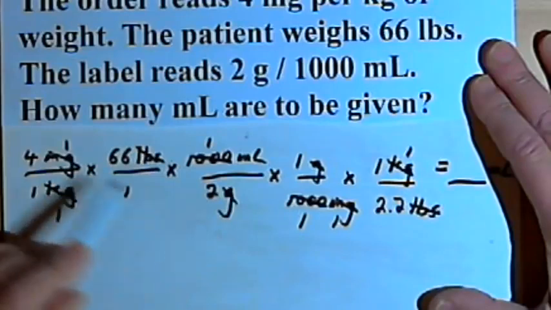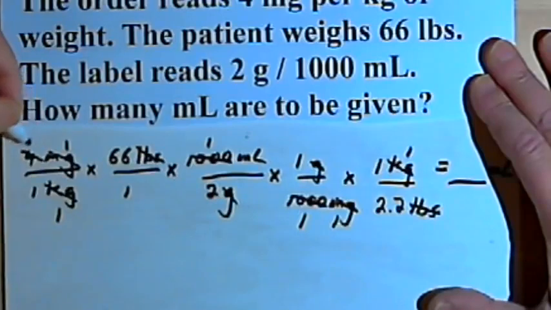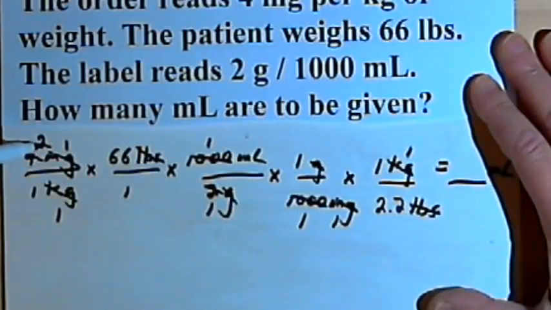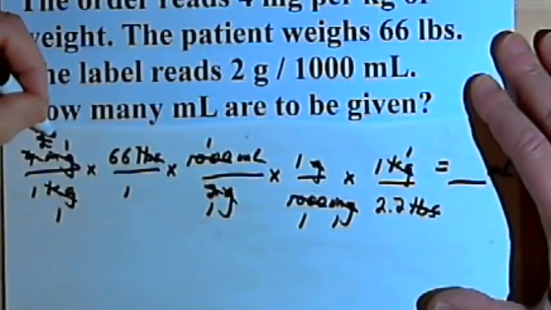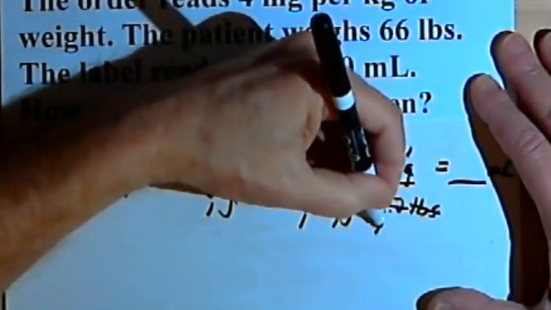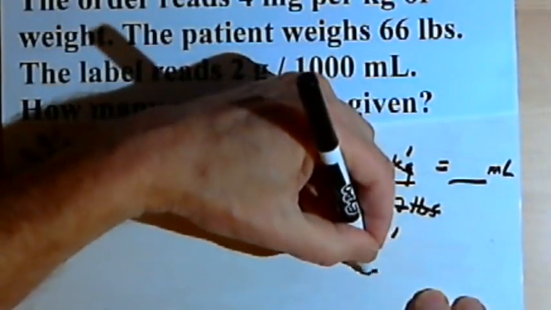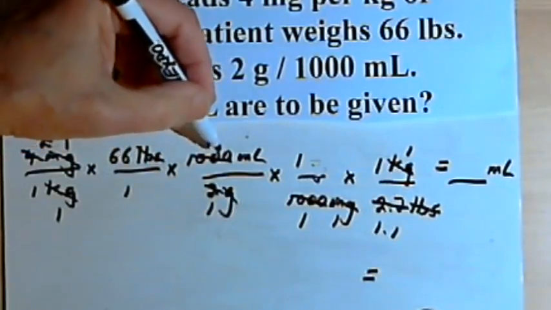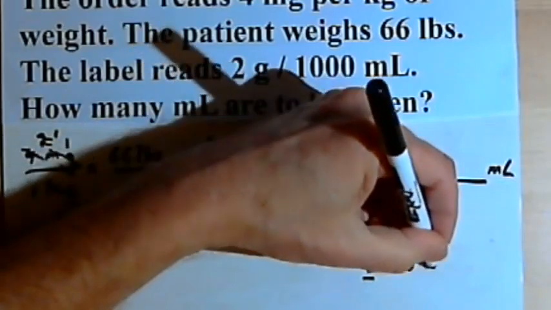I've got 4 in the numerator and 2 in the denominator. Let's divide both of those by 2. So the 4 will become a 2. The 2 just becomes a 1. I've got this 2 in the numerator and 2.2 in the denominator. I can divide both of those by 2. So the 2.2 divided by 2 is 1.1. And at this point, let's multiply across. I've got 1 times 66 times 1 times 1 times kilograms. So that's 66 milliliters